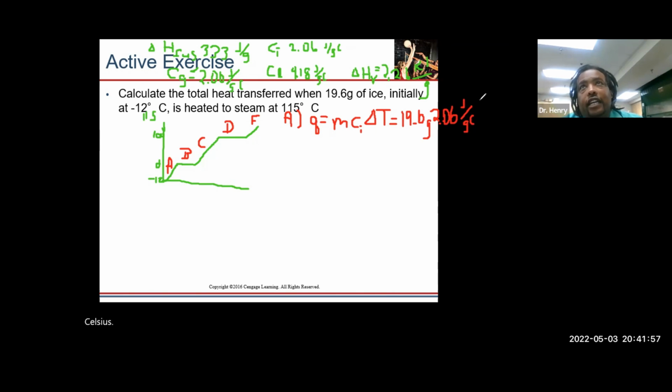And our delta T is going to be 0 minus 12. Okay, so then Q is going to equal, for A,